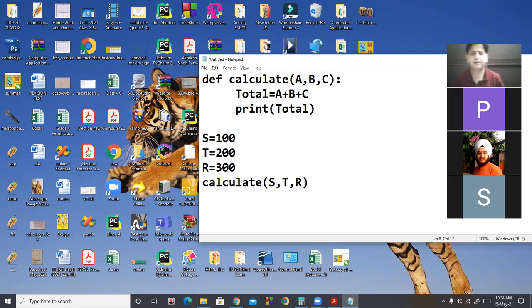Okay, students, here STR, these are called actual parameters. So these are also called arguments. इन्हें arguments भी कहते हैं, actual parameter भी कहते हैं. And here ABC, these are formal parameters.